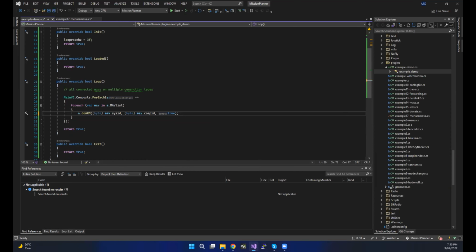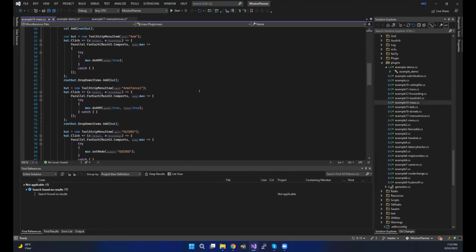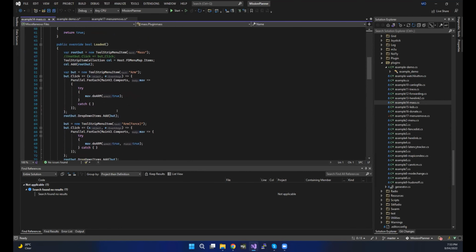There is an example of that in the mass option that we were talking about prior to the call yesterday. If you actually have a look, you'll see that this code here is very similar. So we're scanning through all the COM ports, picking the mav, and then we're do arming it. Now this code would actually technically fail in terms of if there was multiple mavs on the link, because it's always assuming there is only one mav on the link. So it would be sending it to the primary mav on that link. So this code technically has a little flaw in it in that respect, but at the same time, it's